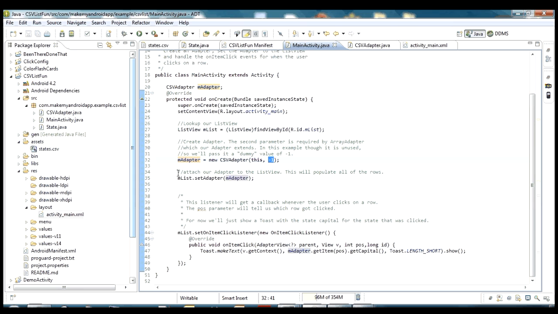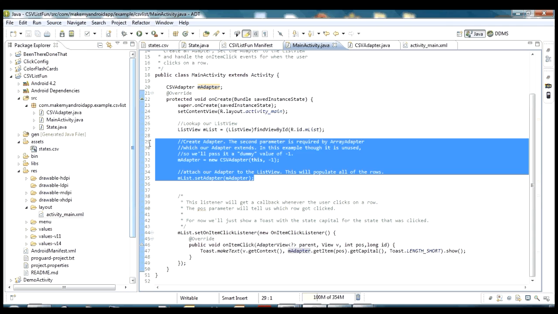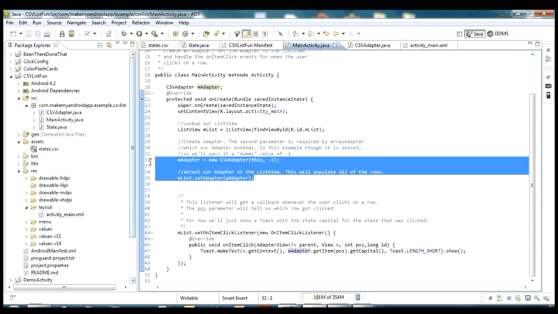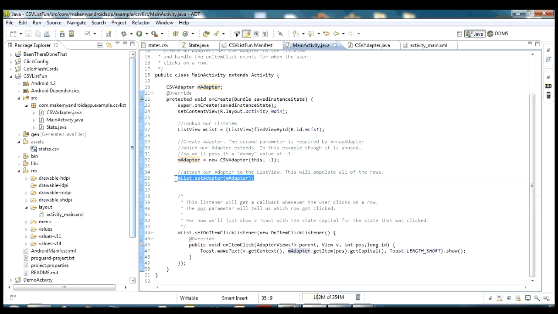And then once we get our adapter, the only thing left to do is mList.setAdapter with that adapter we just created. These lines right here are going to take care of getting all of our data out of that CSV file and then setting it into our list view so it can be shown on the screen. And then the last thing that we're going to do inside the activity here is say